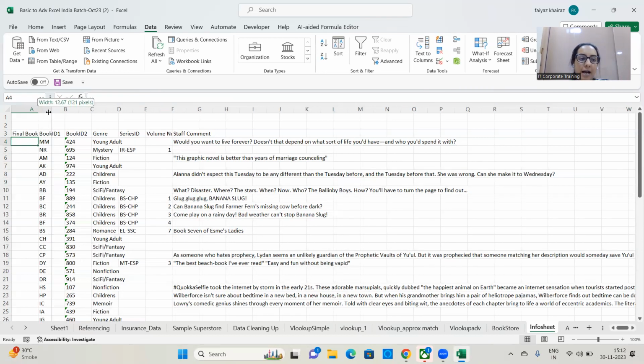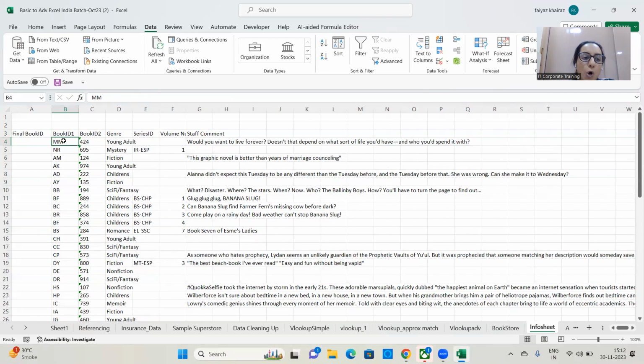And here I am going to take the data of book ID 1 and book ID 2 and put it together. Putting data together is called concatenate,